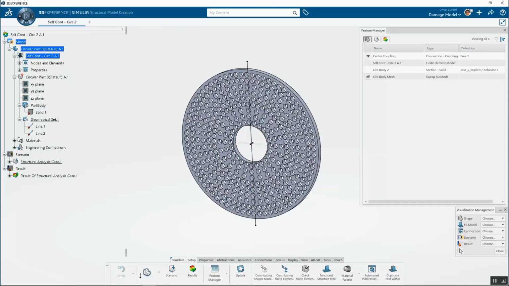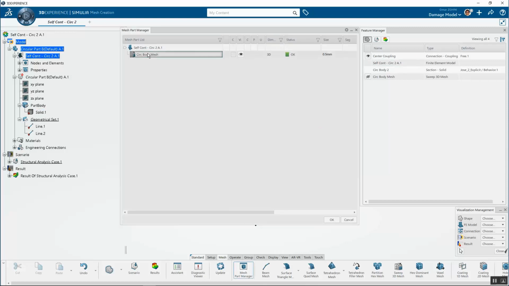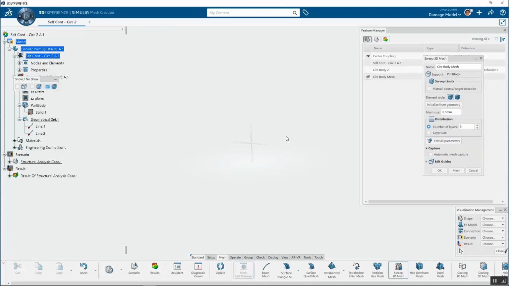All right, so that being said, now let me take you over to the meshing app. Now the meshing app is where you'll specify your two-dimensional meshes. If you're using shells, it's where you'll define your TEP mesh settings, your solid mesh settings. In this case, let me just pull up the part mesh manager because we've already defined our mesh on this guy. So if you had multiple parts, the part mesh manager would be